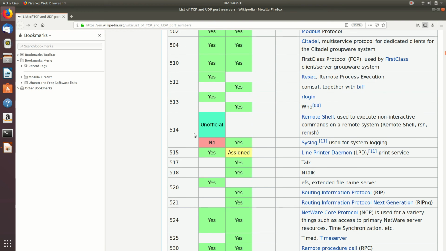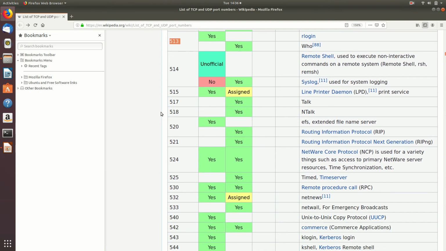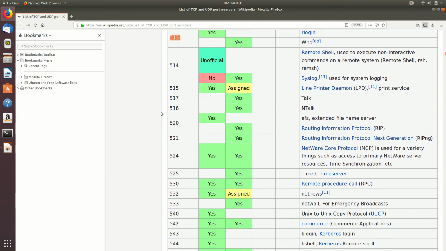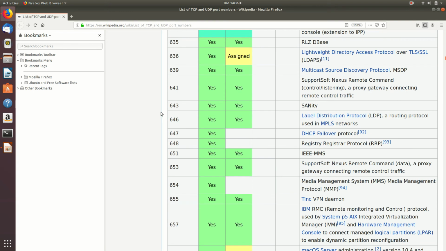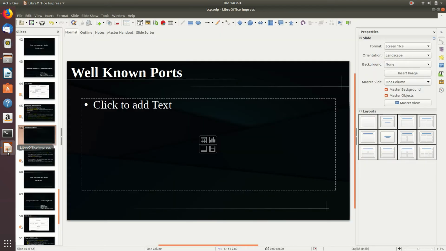Hope you remember that Telnet application, which is using port number 23, and this is doing the same thing, that is remote login. Telnet is some modification of it, so that is using the port number 513, and it's the same thing is given a different purpose also, right? So like that you can go through the list. Yes, so we saw some of the well-known application, well-known port numbers, right?